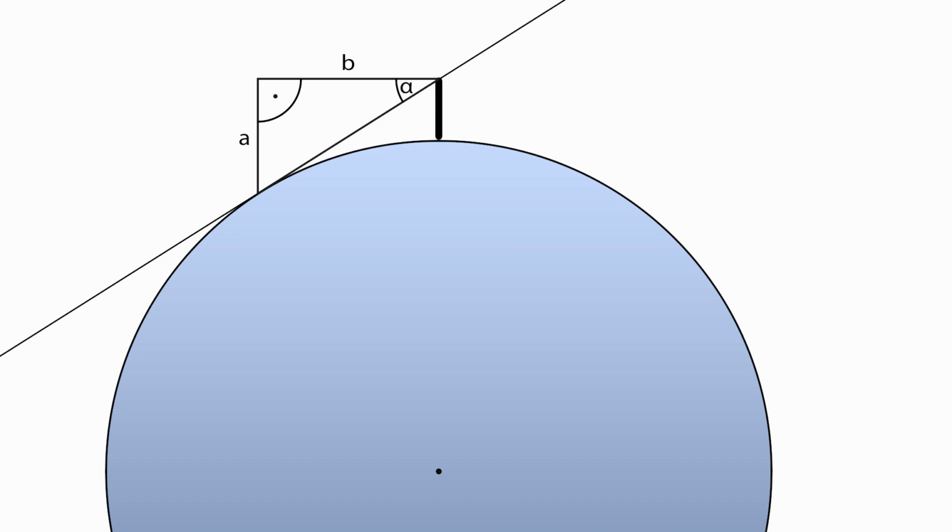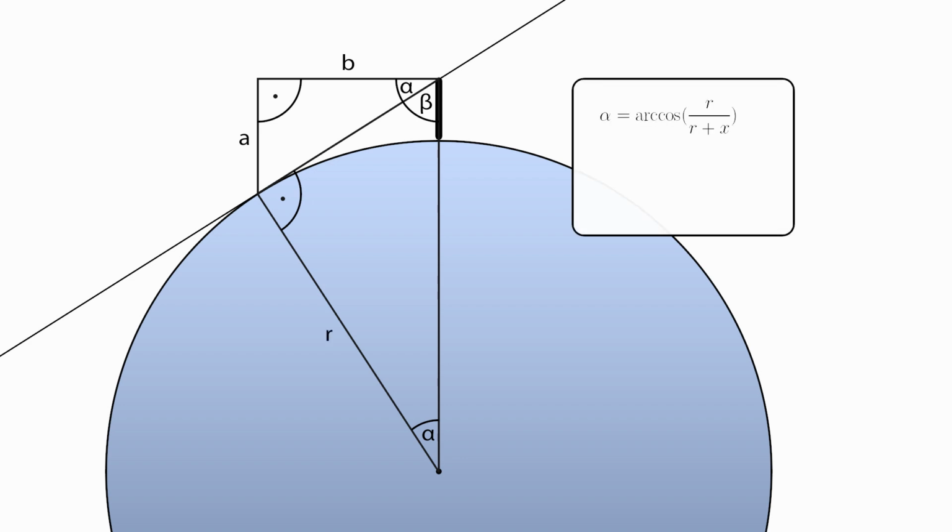Let's construct a triangle between the center of the Earth, our eyes, and the horizon with, of course, a right angle at the horizon. We'll call this angle beta, and we see that alpha and this angle are the same since both are 90 degrees minus beta. We can thus calculate alpha by taking the arc cosine of r divided by r plus x. Let's say the Earth has a radius of 6,371 kilometers and our eyes are 1 meter above the ground while seated in a race car. The resulting angle alpha is